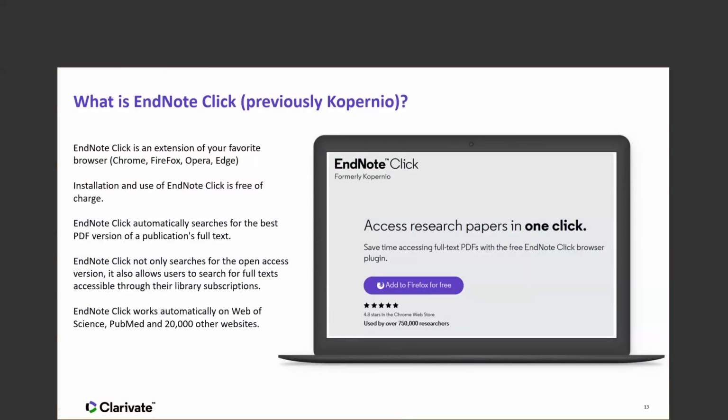This tool is completely free for anybody in the world. It's not related to any subscription. This is an extension of a browser. You can install it in 4 different browsers nowadays: Chrome, Firefox, Opera, and Edge. The installation and the use are free for EndNote Click, and this tool is working for you wherever you're going. When it's a page related to